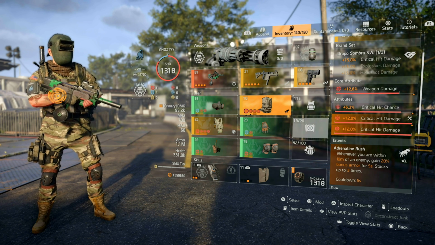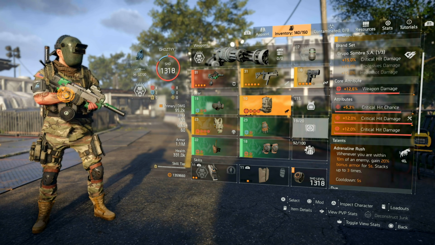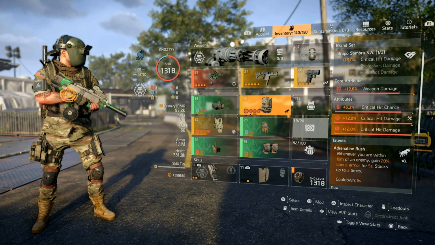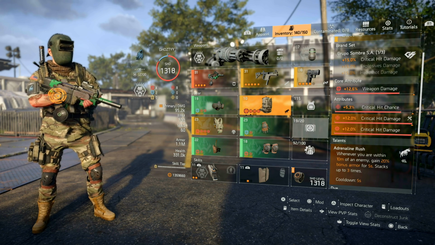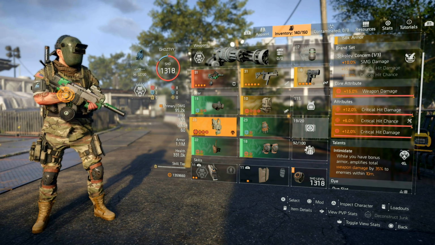I do have weapon damage, crit chance, crit damage, and a crit damage mod on here. And the talent is Adrenaline Rush. Whenever you are within 10 meters of an enemy, gain 20% bonus armor for 5 seconds, stacks up to 3 times. This is great, again, giving us that bonus armor, which will proc that Intimidate, giving us that amplified 35%